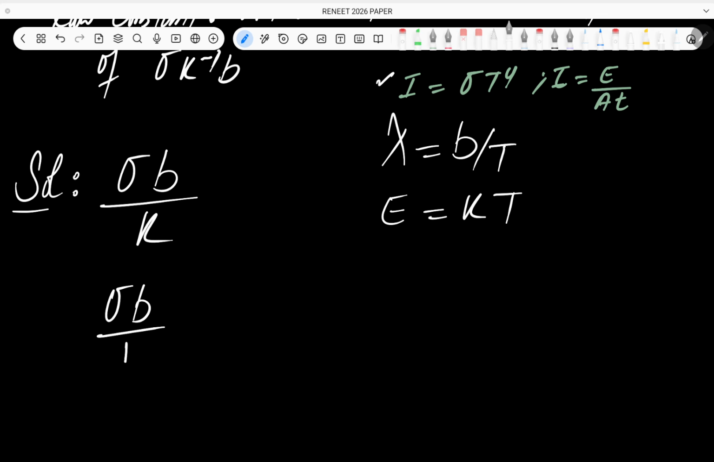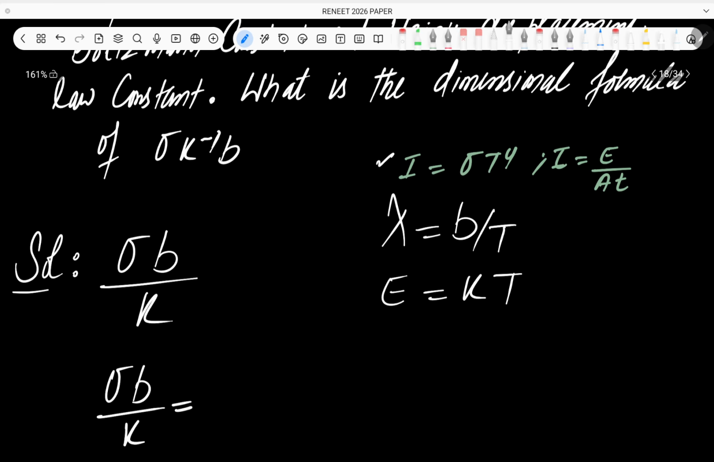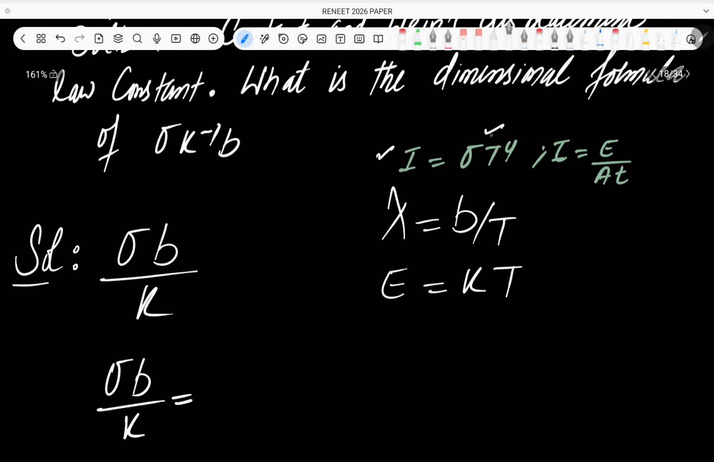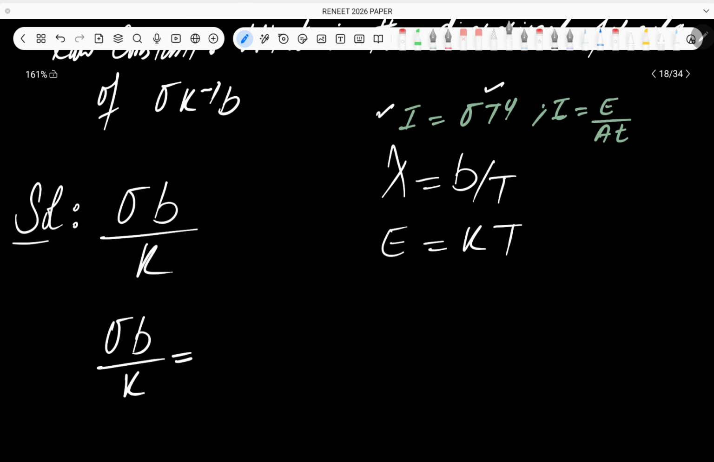We had to calculate the dimensional formula of sigma into B divided by K. Now from this equation, can you tell me what will be the dimensional formula of sigma? It will be joule per meter square per second. Joule per meter square per second, and then it is T raised power 4, so in the denominator will be K raised power 4. This is sigma. Then the dimensional formula of B will be meter into Kelvin